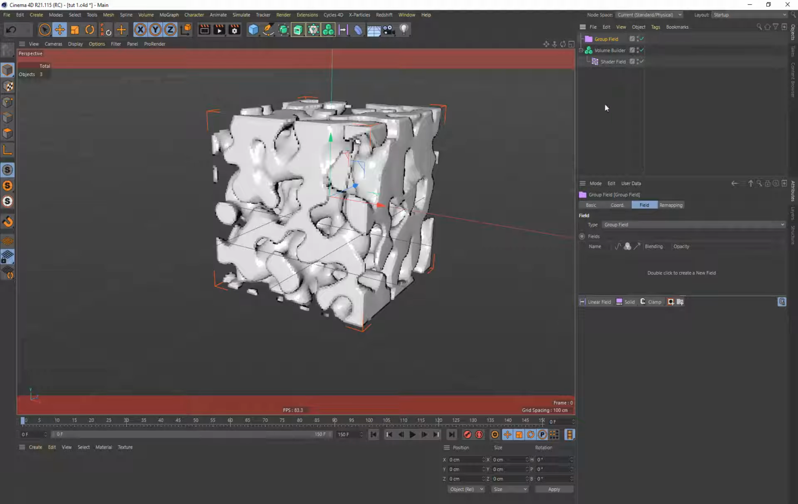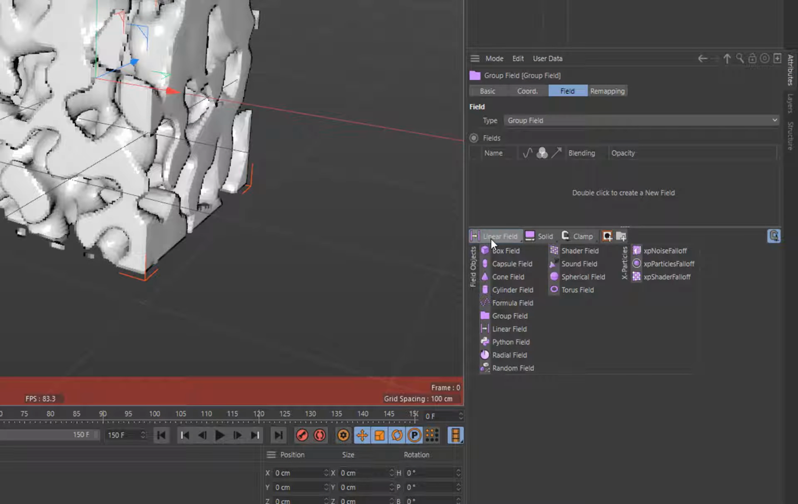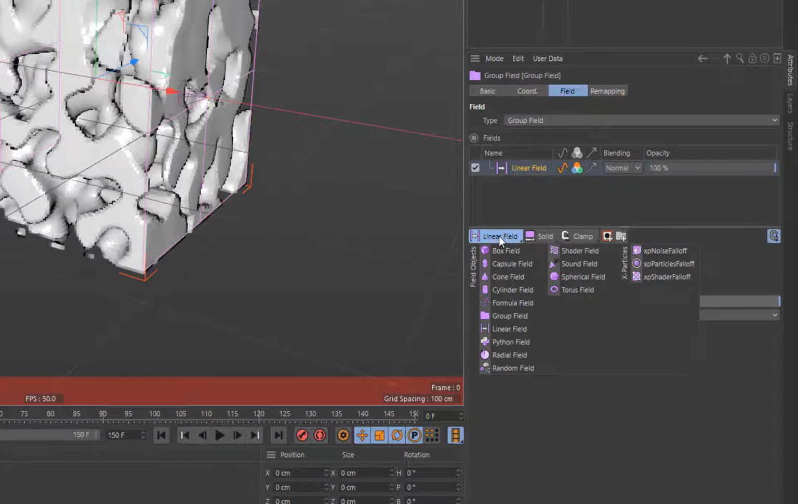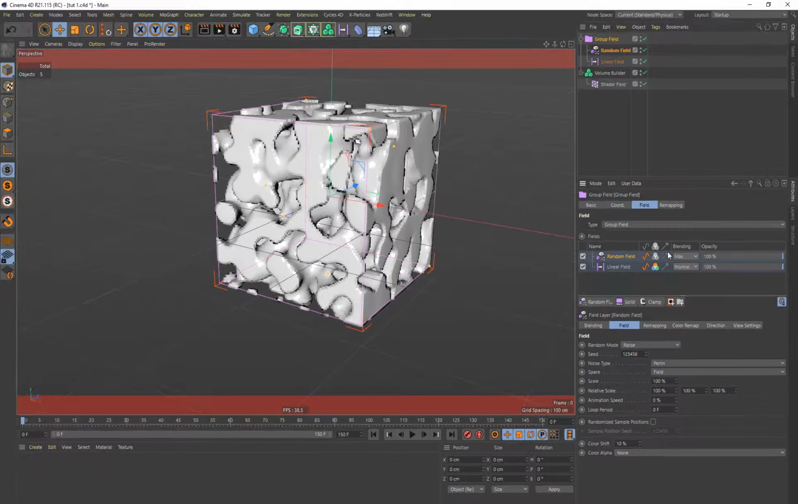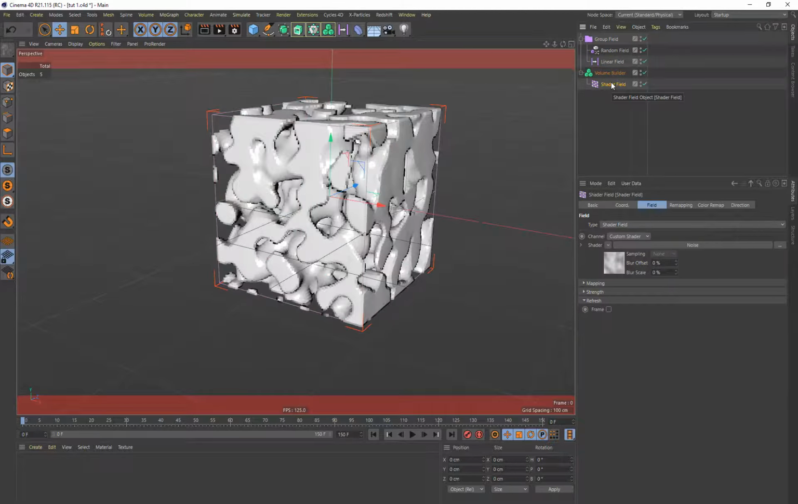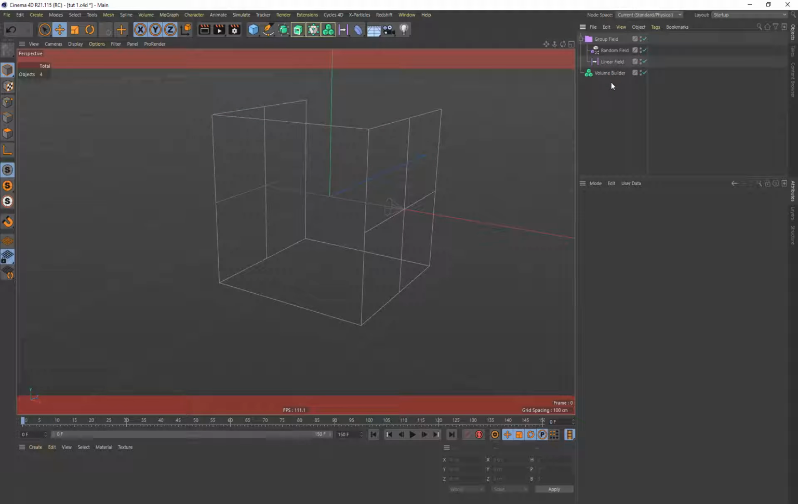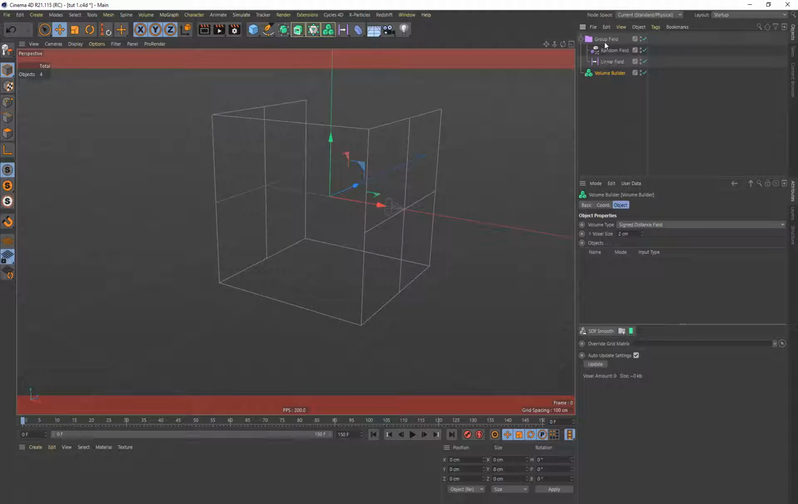So if I click on group field, you can see that I can create a new field. I can add fields under that thing. So let's add a linear field, and let's add a random field, and let's delete this shader field from here under the volume builder, and instead add this group field and see what